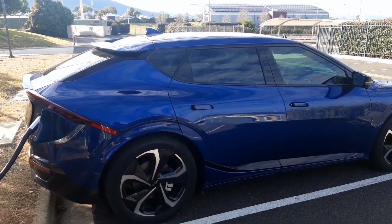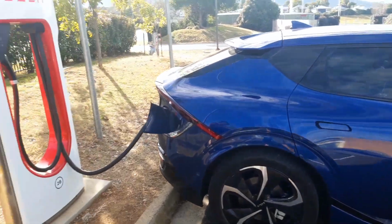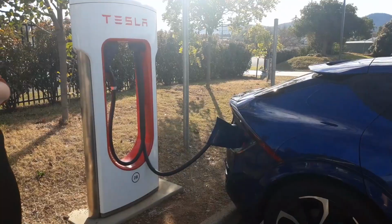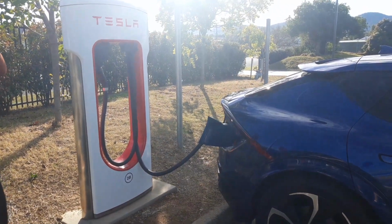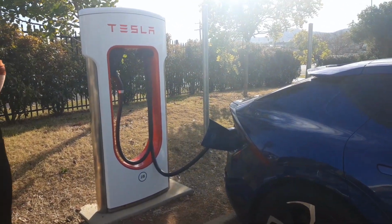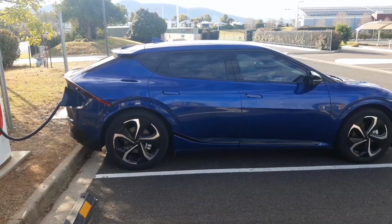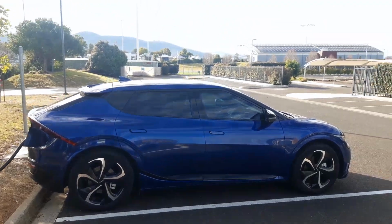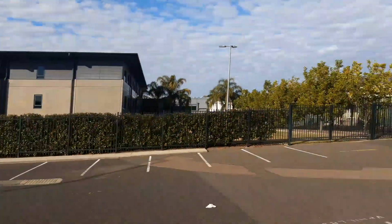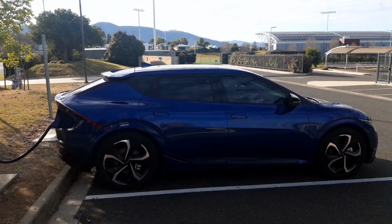The Tesla network, first off, is the most expensive way to charge your EV here in Australia. It also is not particularly fast because only the V2 versions of the chargers are available so far, which is limited to about 120 kilowatts. Here in Tamworth, we're at a sports club in the middle of a residential area. There isn't a whole lot else to do while you're waiting to charge, whereas that...